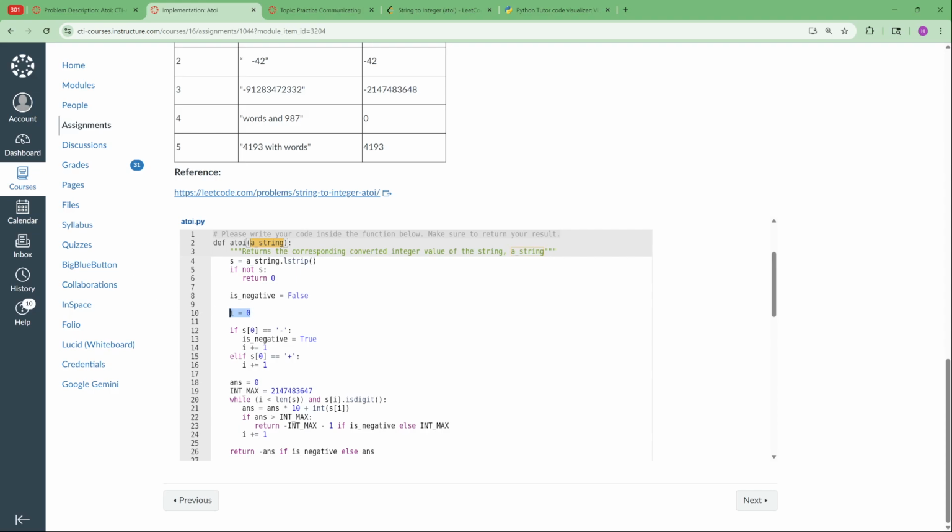I'm not sure if it would be faster to implement the manual strip, because all that would be is we start the i at 0 up here, and then we go as long as i is less than the length of the string, and s of i is a space, and we just remove it somehow,